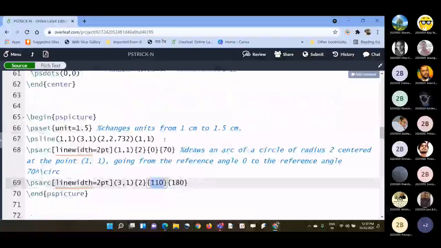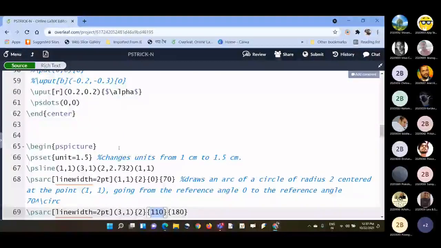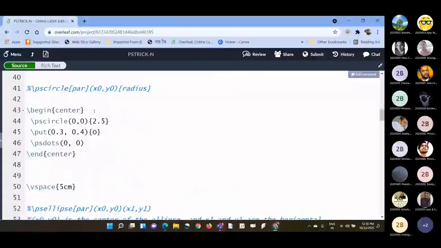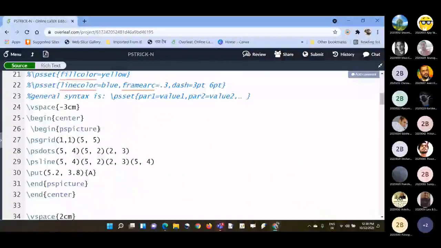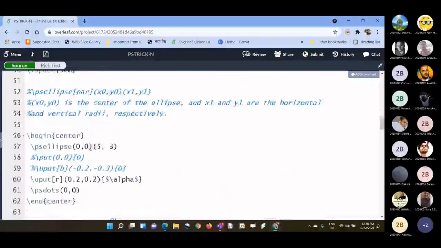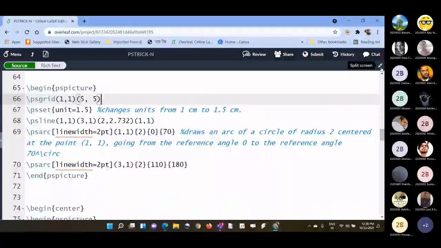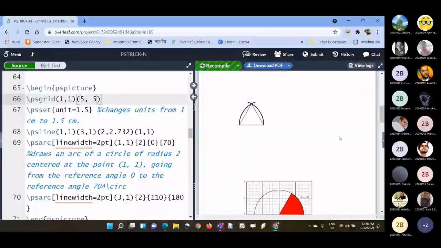For better understanding, maybe you can try a grid also. Let us see. Let me take this one. I think this was okay. So this will make things clear to you.